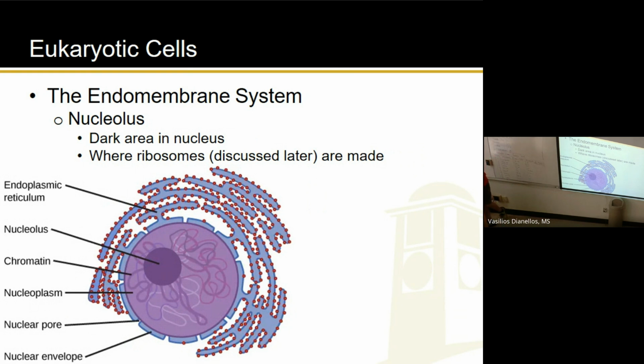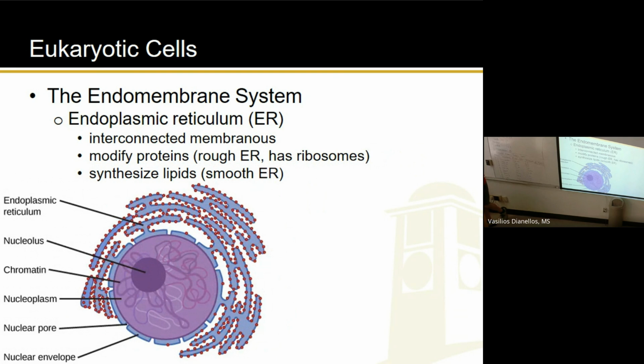All right, next, we're still talking about the same kind of stuff here. We're still talking about the endomembrane system. And the next part of the endomembrane system is the endoplasmic reticulum, shortened as the ER. These are interconnected membranous sacs, you might almost want to call them. That's all these things on the outside here. They modify proteins, and they do that in the rough ER because the rough ER has those little red dots, which are ribosomes. And the smooth ER, which doesn't have ribosomes, because ribosomes create proteins,